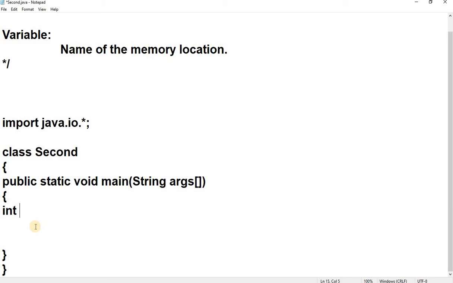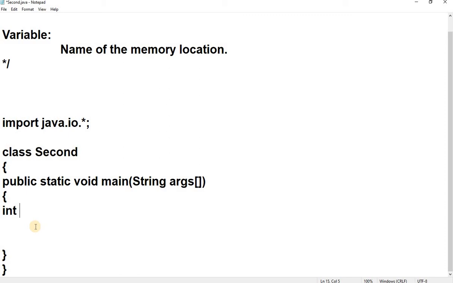Why? Because those names are given to some other parts of the world which are available. You can see those are the names of certain things, living or non-living things. So it's common sense that we never use the names of those things as names for any other unique things. Same way in programming also, whenever you are giving a name to the variable, the name of that memory should not be a keyword which is known to Java.